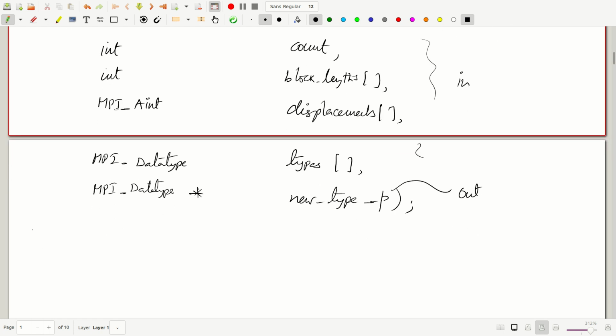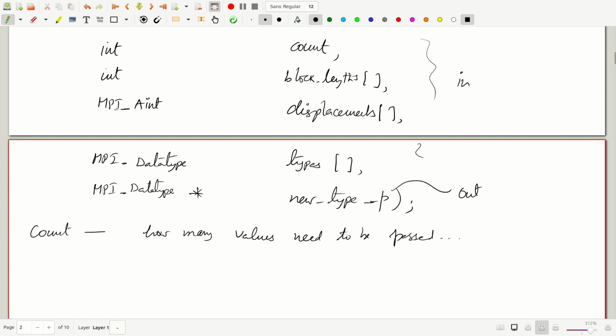So here the first argument, count, tells MPI how many values need to be passed. In our present case it is 3 because it is A, B, and N. And then we have an array, which contains block lengths. Block lengths make an allowance for the variables